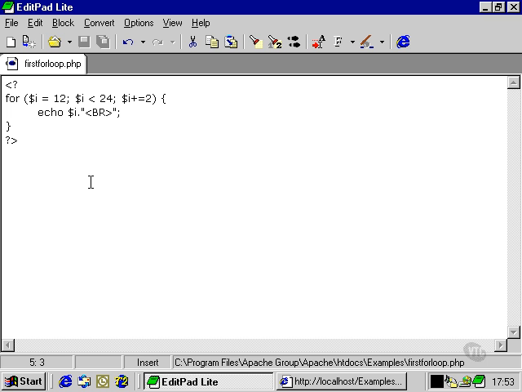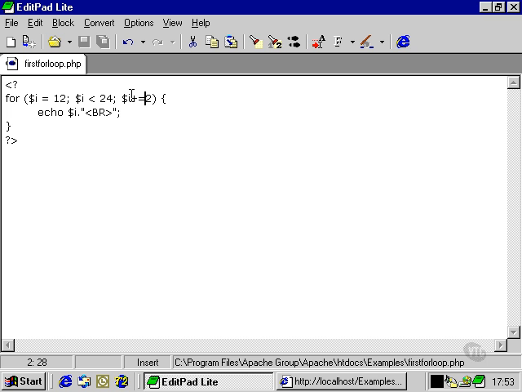Now there's one thing further I want to say about loops in general, and for loops are no exception, and that is that as we program, we need to be very careful that we give a proper closing condition. What I mean by that is, we have to make sure that our loop will eventually exit. What we want to avoid is the infinite loop. For instance, in this case, I will eventually no longer be less than 24 because this is going up. However,